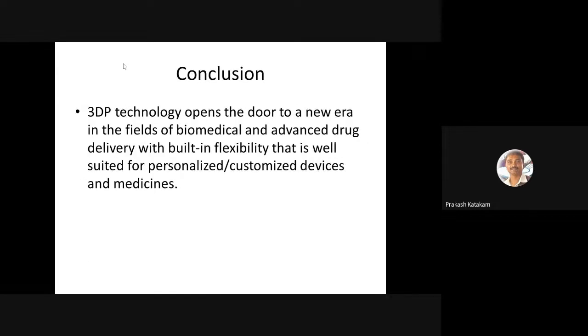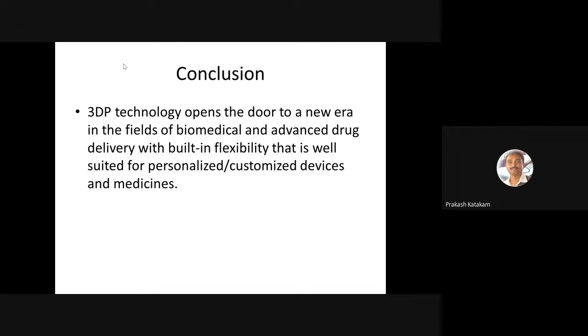So in conclusion, 3D printing technology definitely opened a new era in the pharmaceutical, medical, dental, biomedical, whatever you say. It has opened a new area of research and a revolution in product development, and it will definitely go to the next level.